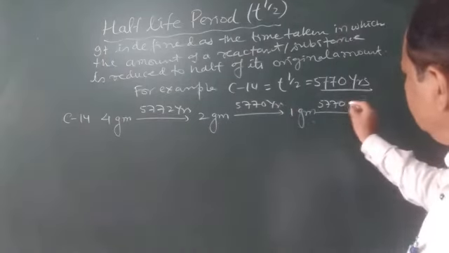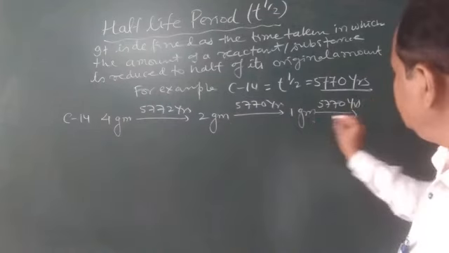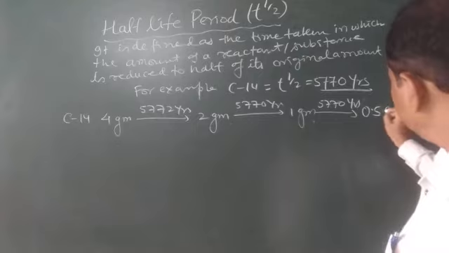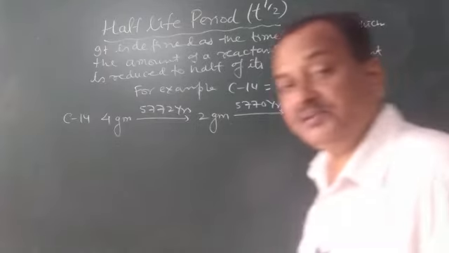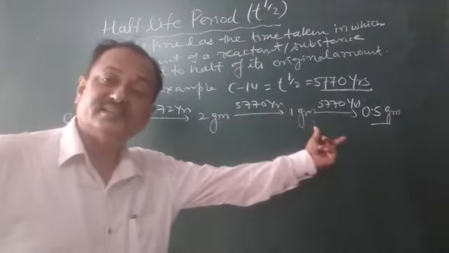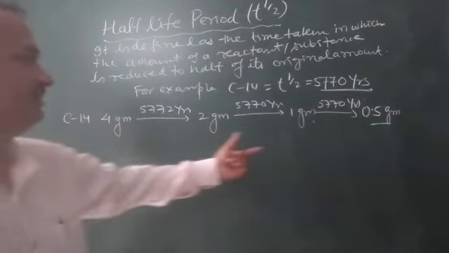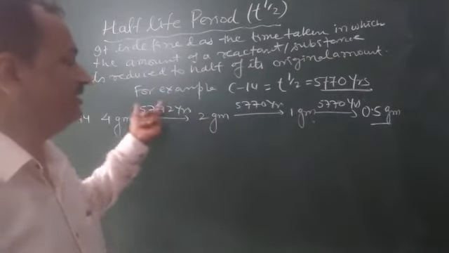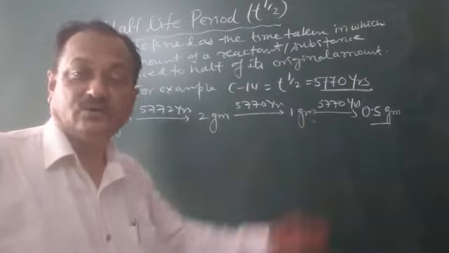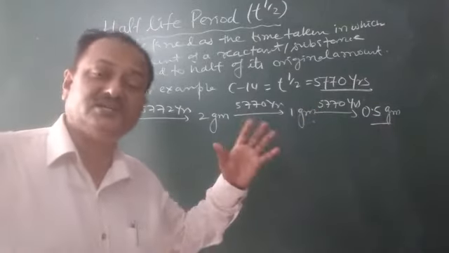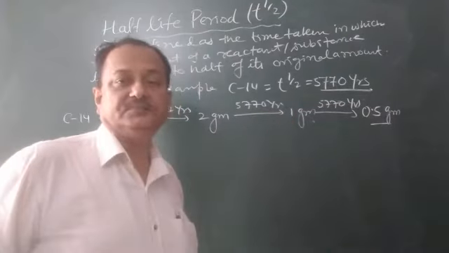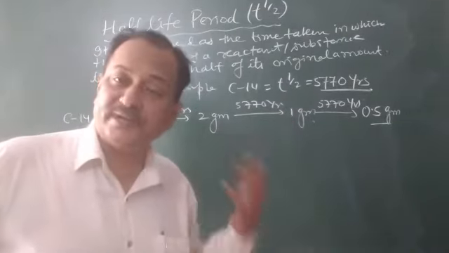1 gram will be converted to 0.5 gram. So you can imagine that this 4 gram is reduced to 0.5 gram in almost 20,000 years. So this is the basic concept of the half-life period, and it has been incorporated